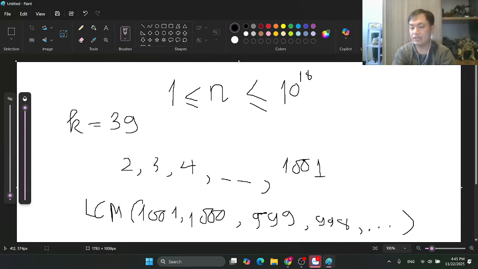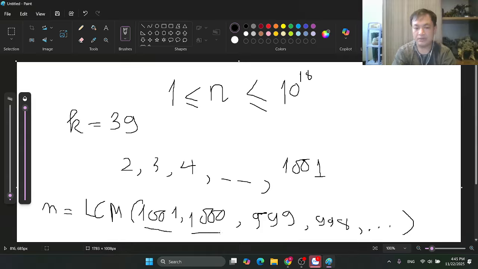So when you have the LCM, the least common multiple, if k plus 1 is a divisor of this LCM, so that means you can find... I'm sorry, if k plus 1 is not the divisor of this LCM, so that means